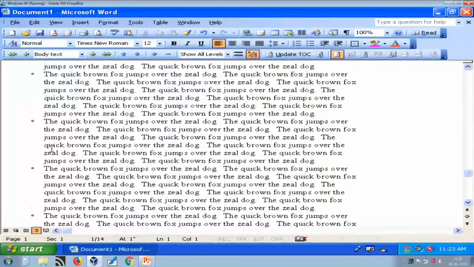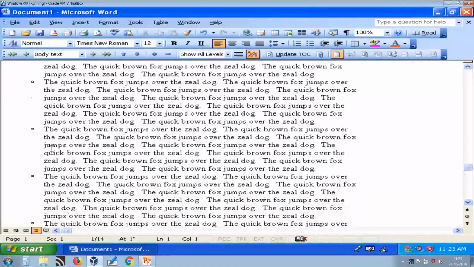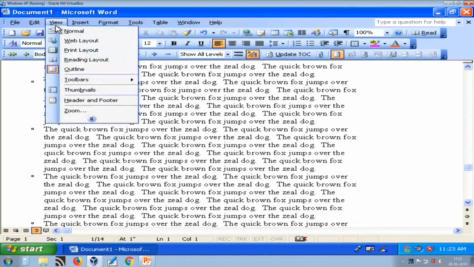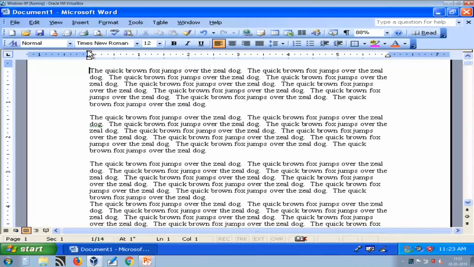So, this is the fifth layout, which is outline. From the View menu you can use different page layouts for displaying your content. Now, again we go to print layout. So, here is the default layout.